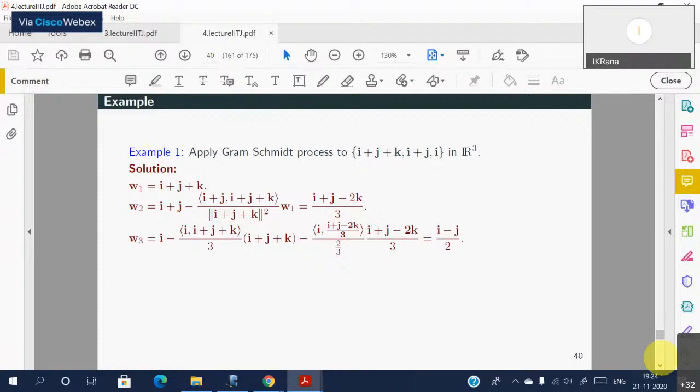Hello, sir. Yeah, please. So I have a question: if I have a linear transformation from a vector space to another vector space, and if I compute the matrix of this linear transformation with respect to the standard basis of those vector spaces, then I can write it as TV equals AV. The A is this matrix for all V.